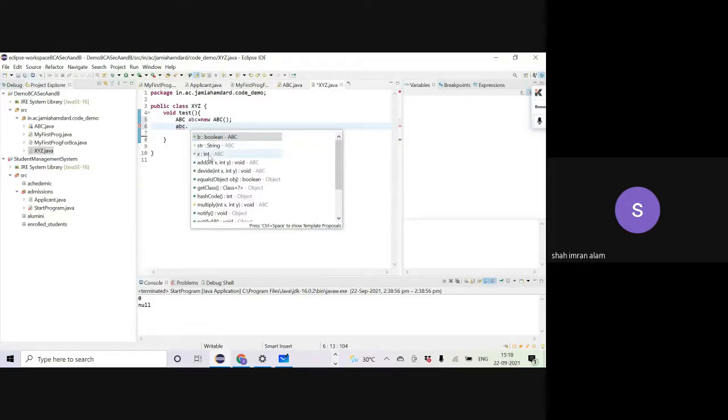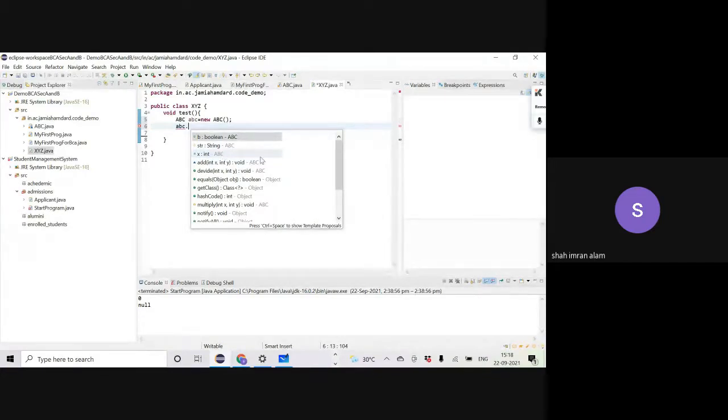So we have different notations also: green circle for public, yellow circle for protected, triangle for default, right? And we are not able to see in the list the variable which is private, that is the F variable.